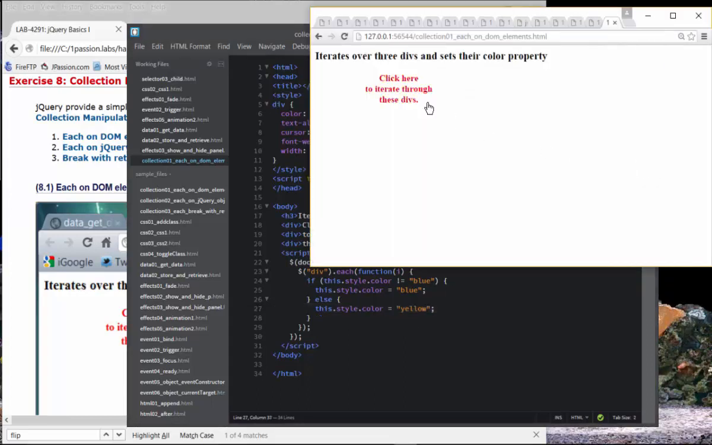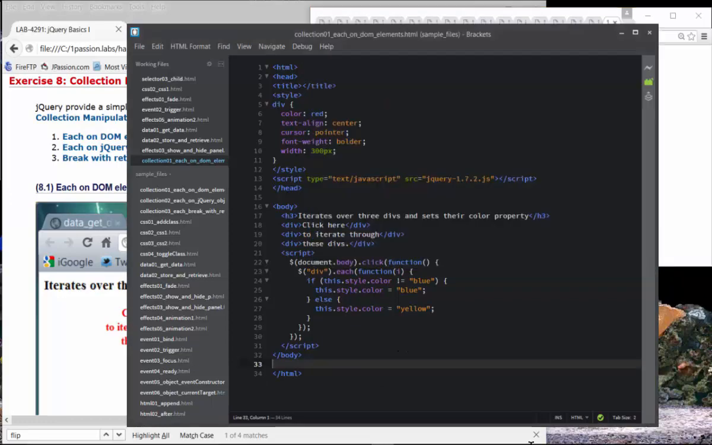Okay, and refresh. That seems like if it is yellow, then it's changed to yellow. If it is blue, then it stays blue. Okay, whatever. So that is the first one, and then the next one is